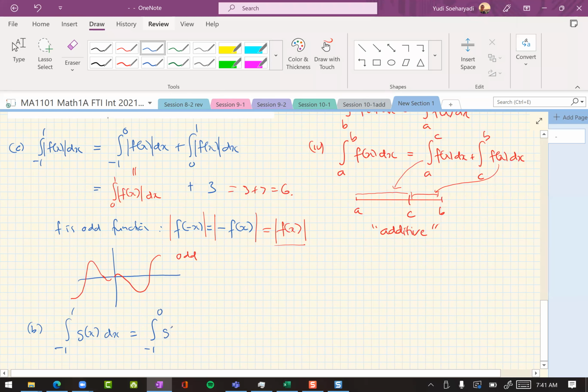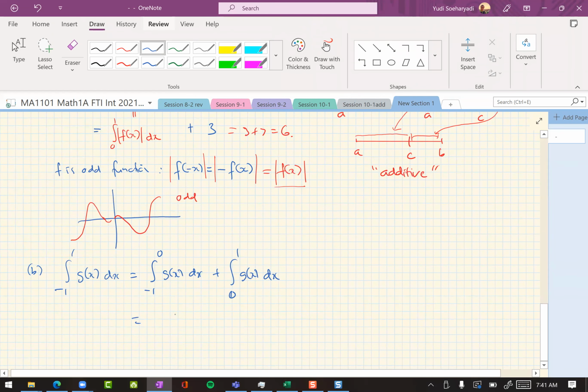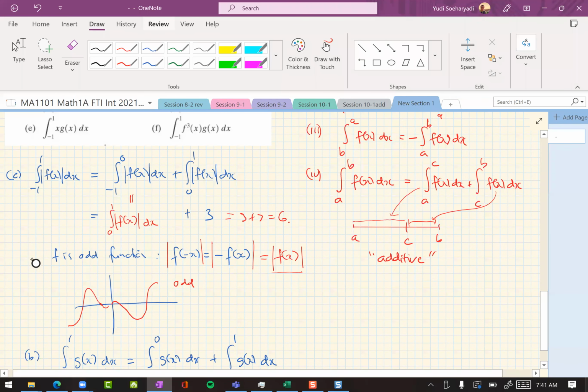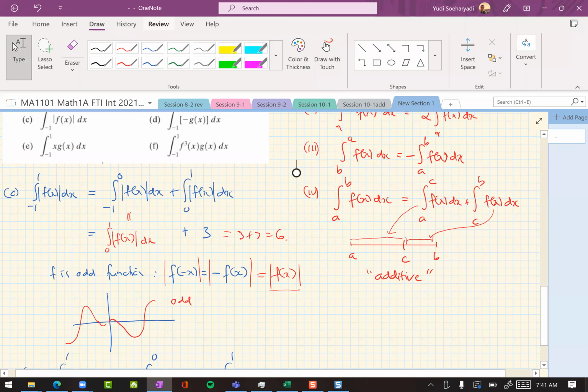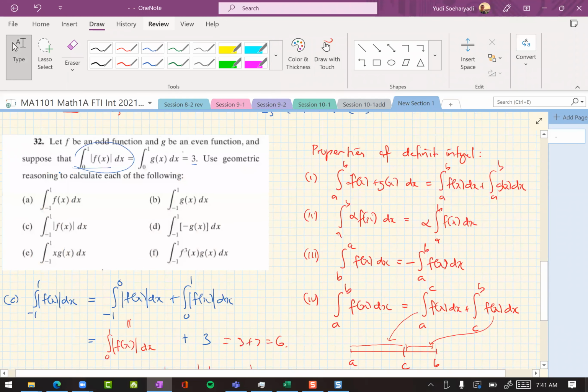Split into from negative 1 to 0, and from 0 to 1. All right. So this one, we know this should be 3. And this one, well, because g is now an even function,